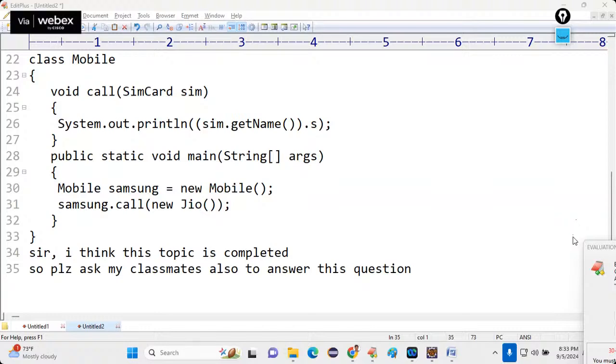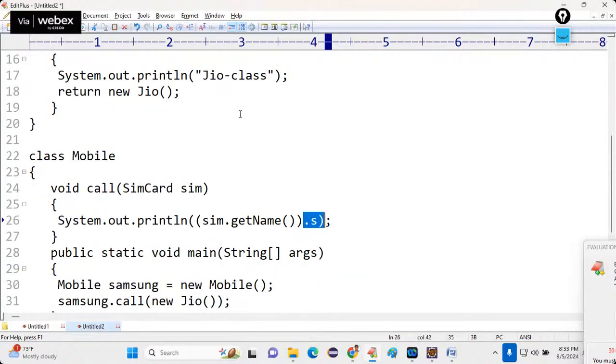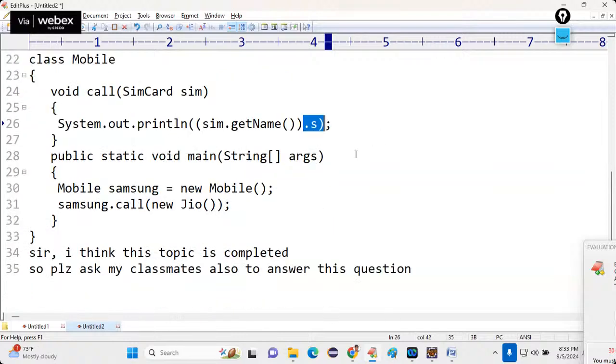Digvijay, what is the doubt? Guess output. Okay. This dot s is there. Okay. Tell me by